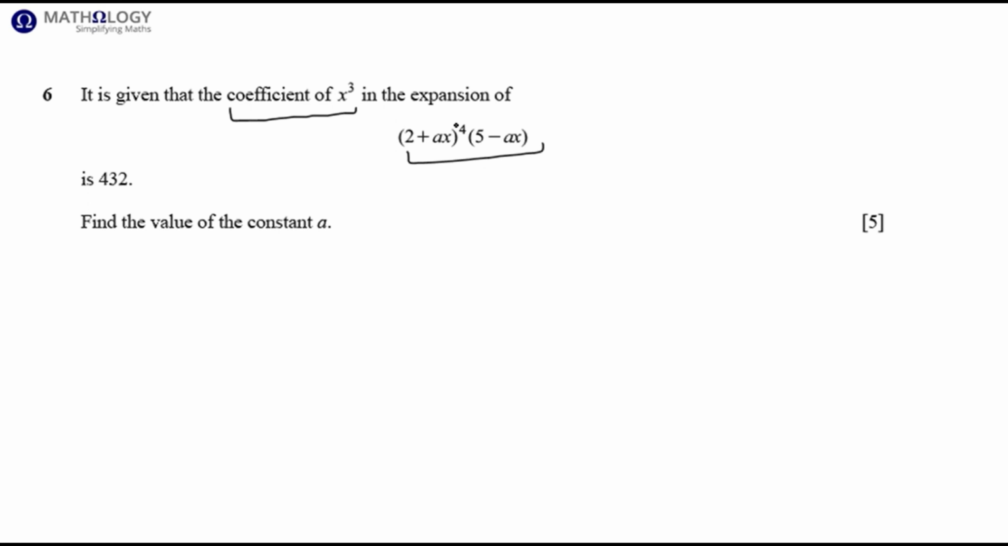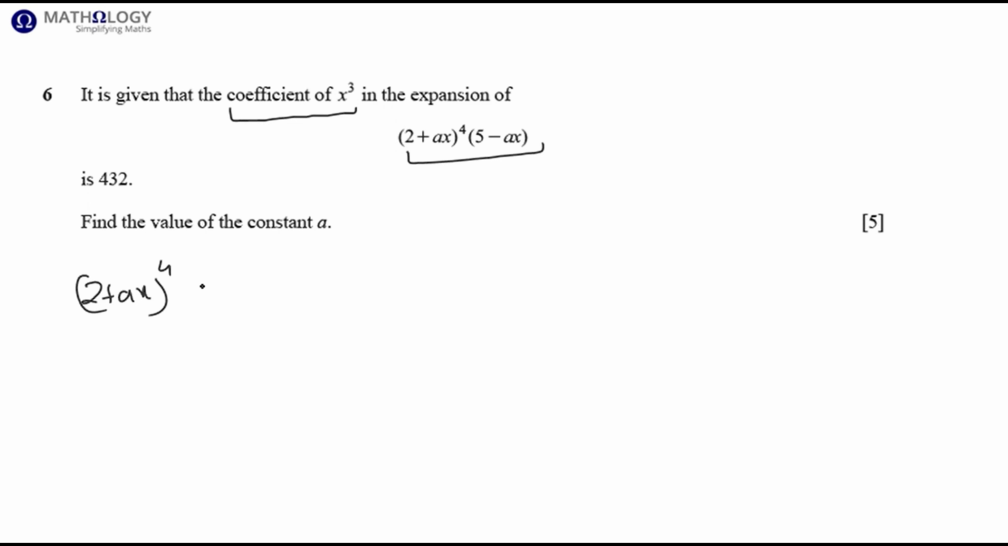So we're not going to expand the first binomial completely, because when we multiply the terms of this first bracket by the second bracket, 5 minus ax, we need to get terms in x cubed. So any term that will give us higher powers than x cubed, we're not interested in. So we are just going to expand this